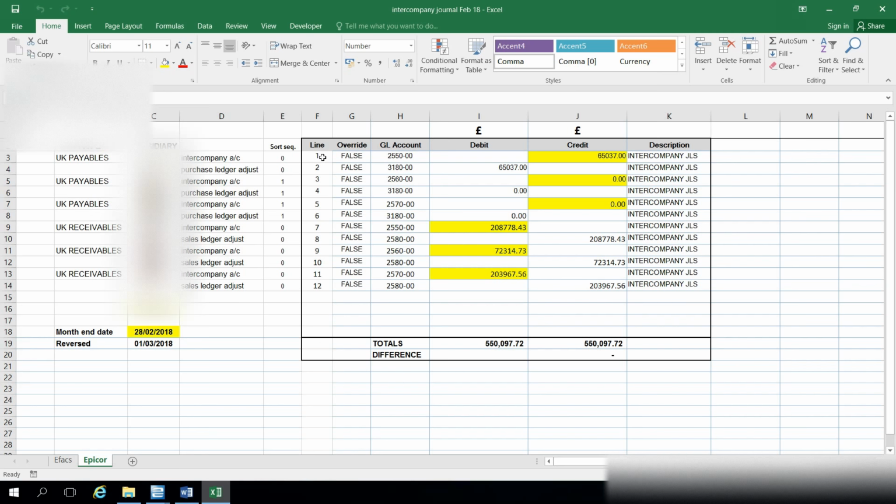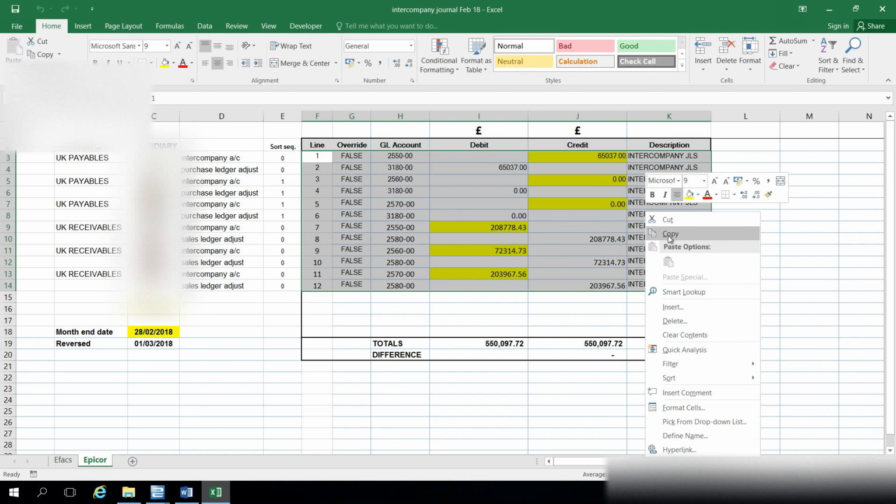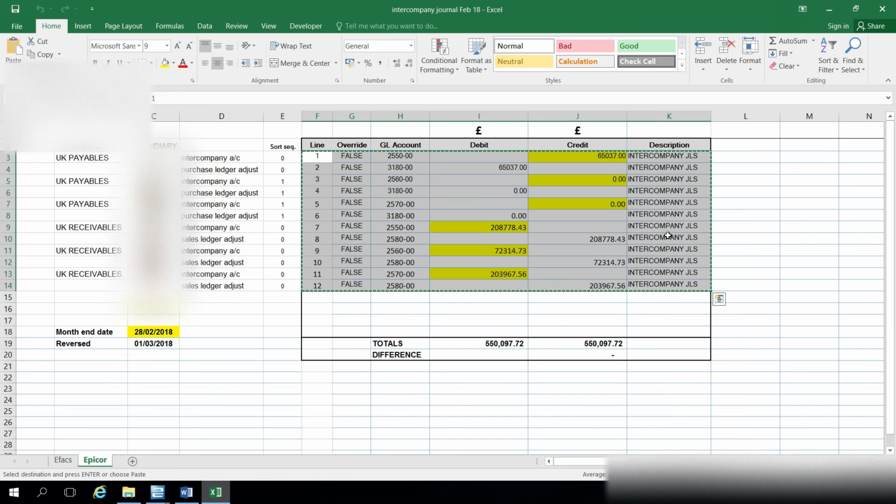If we get hold of this template and I drag from line 1, and I drag like so, and I click copy,